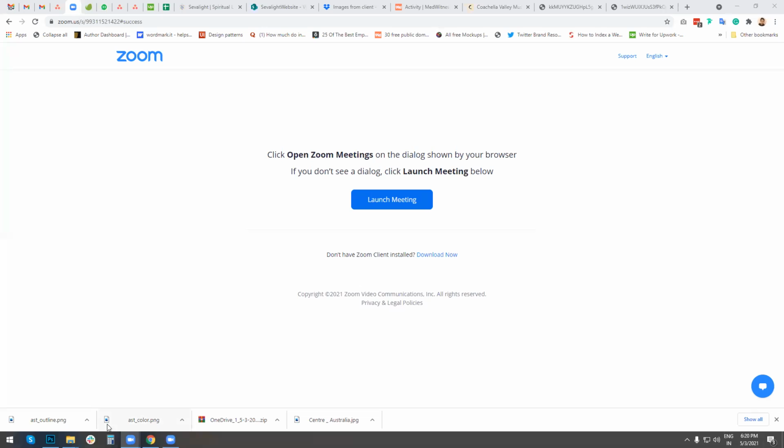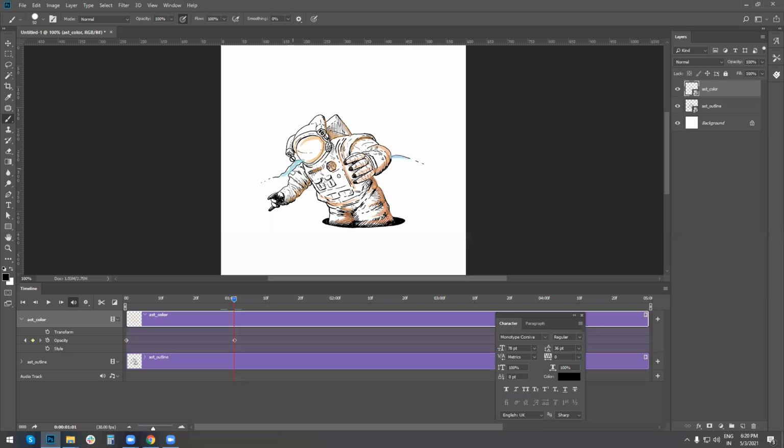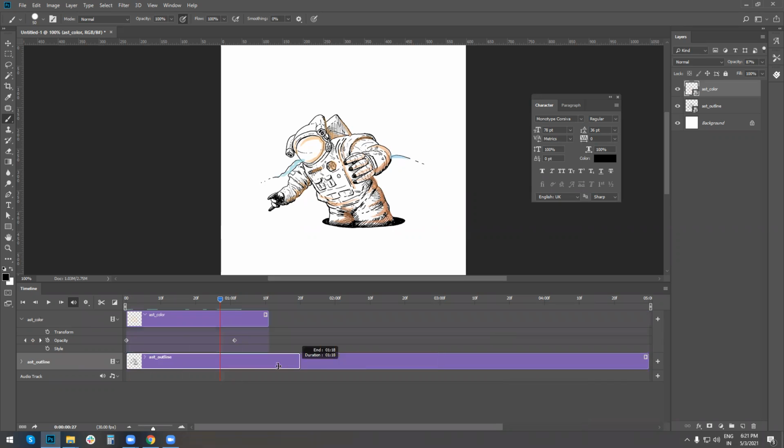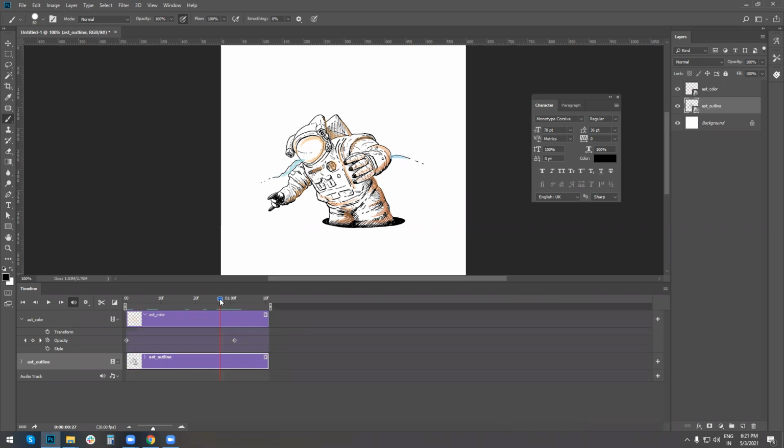Okay, what we just did was how to create animation, and now what we will do is how to save the file once you're done with it. So suppose you're done with this animation here. If you don't need anything more than this, probably you'll need to squeeze the timeline so that there are no extra frames there.